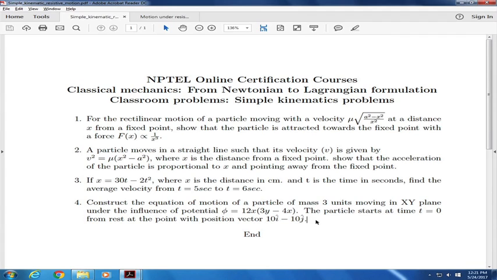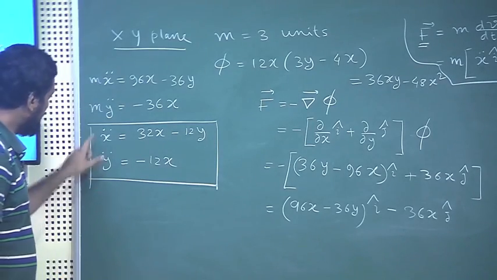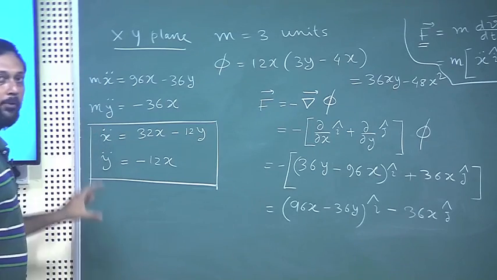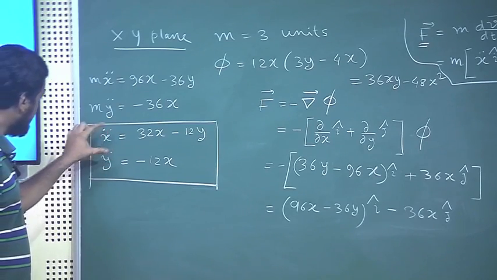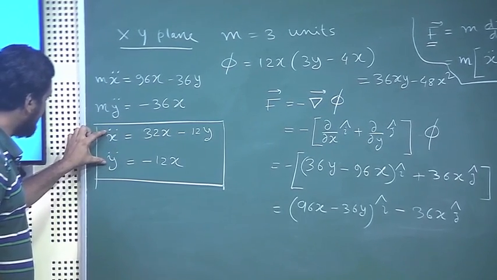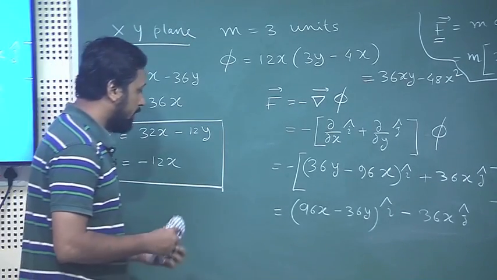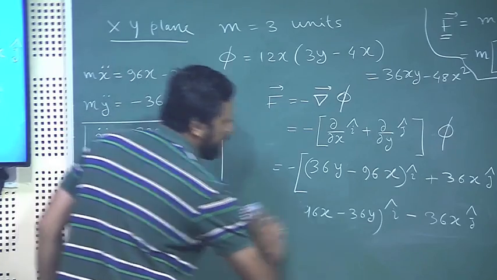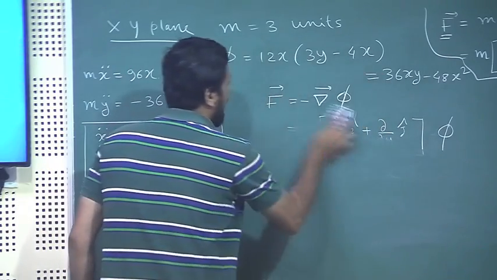So, in order to solve these second order differential equations, we need altogether 4 boundary conditions, because these are 2 coupled second order differential equations, and we have the following relations: